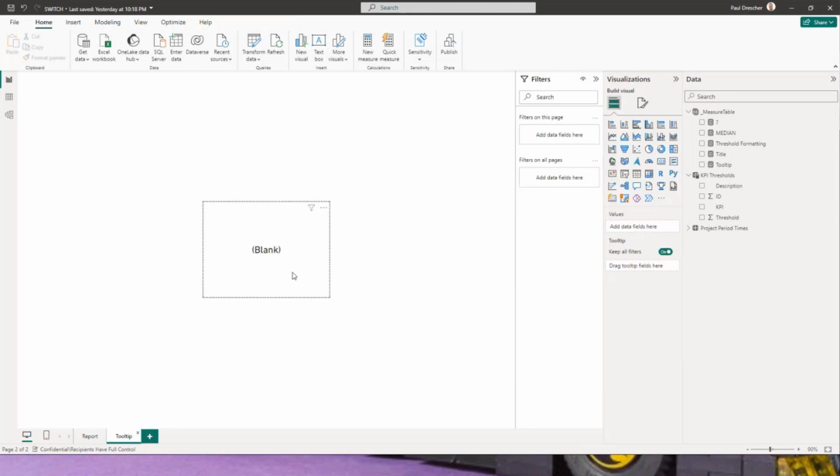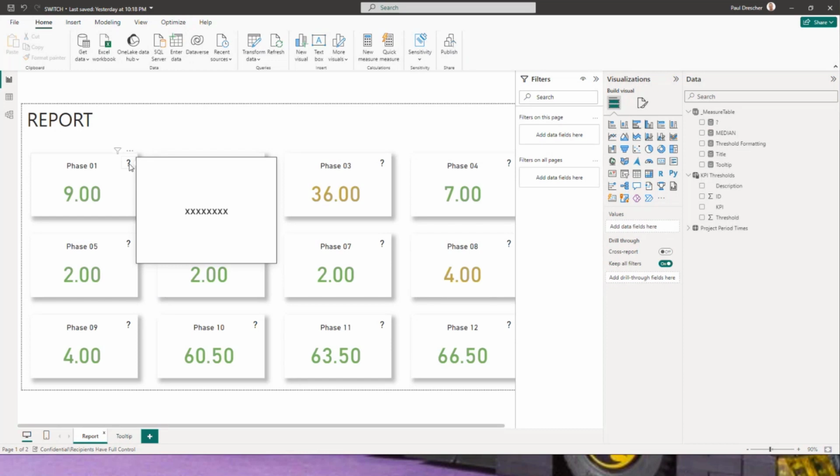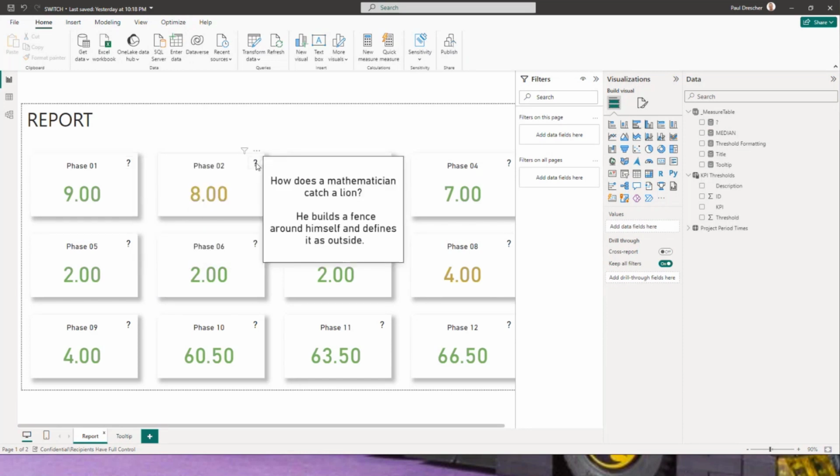Now, of course, now you see a blank. That is because currently on this page, I don't have any filters applied. So the switch function, since I didn't give it a final else output, is only going to show blank. But by using the filters, it actually is going to show the text that I gave it.